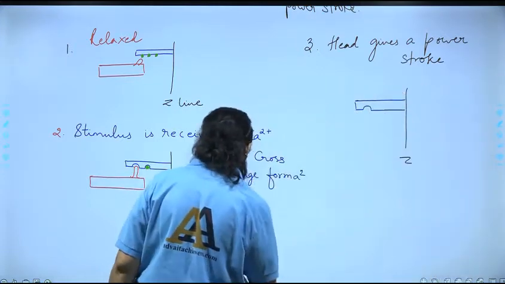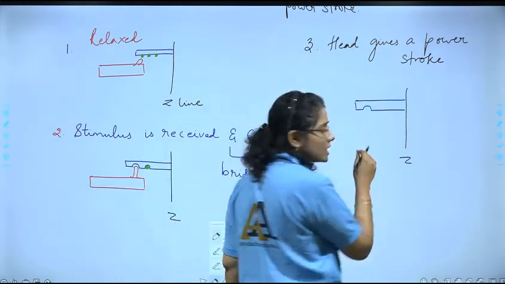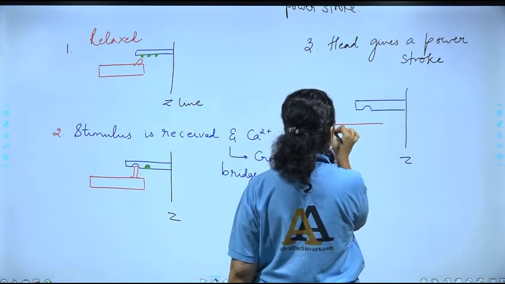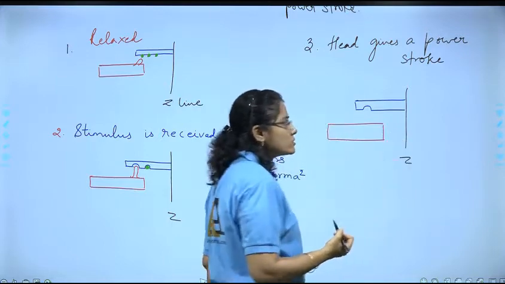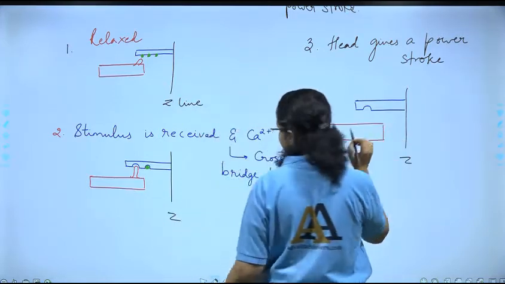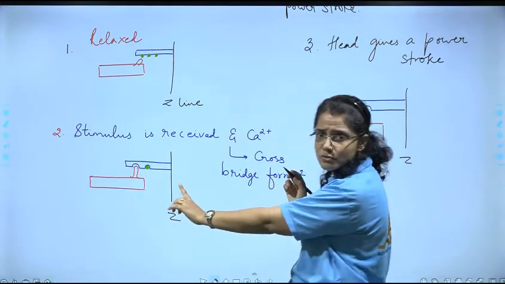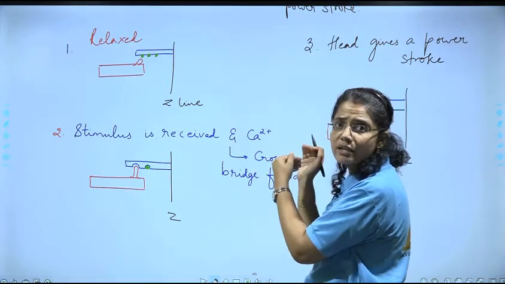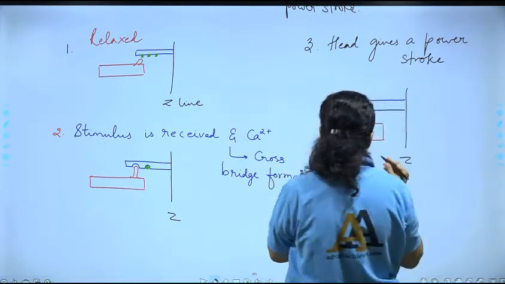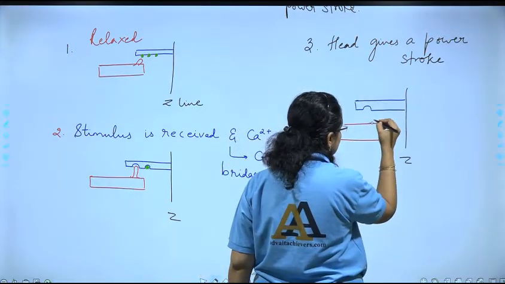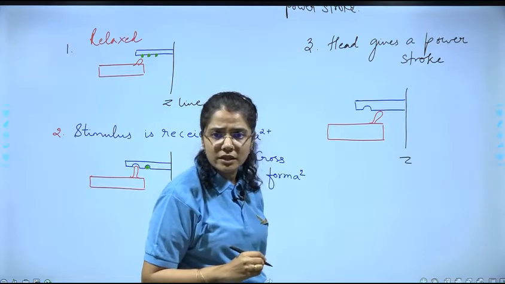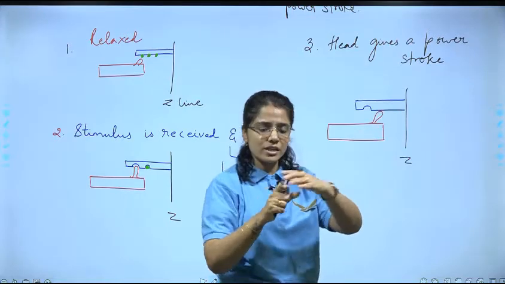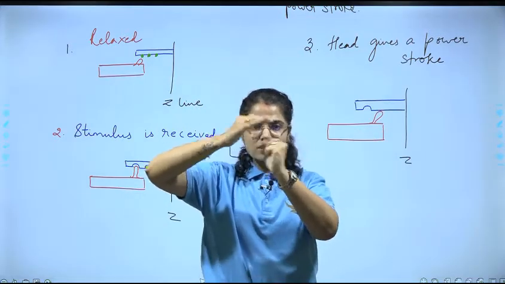Right. And now is the turn to draw our myosin. Now we have to see what has happened to the myosin. Okay, so this is our myosin, so what had happened in it? We have seen that it had fit to the cross bridge and power stroke means it is going to shift towards the inner side. Which filament? The actin filament. So this is the condition, and see this, if this one had fit and the head shifted forward. This is what we said, no? This was our head, right?